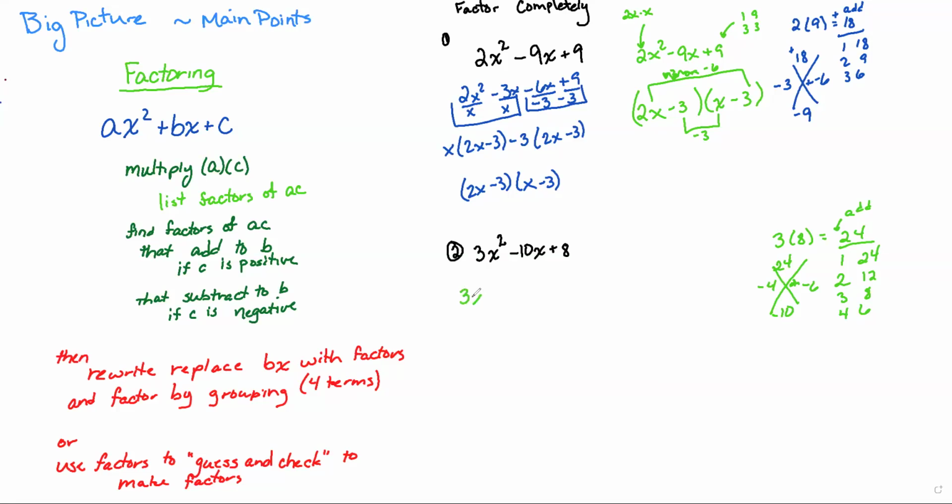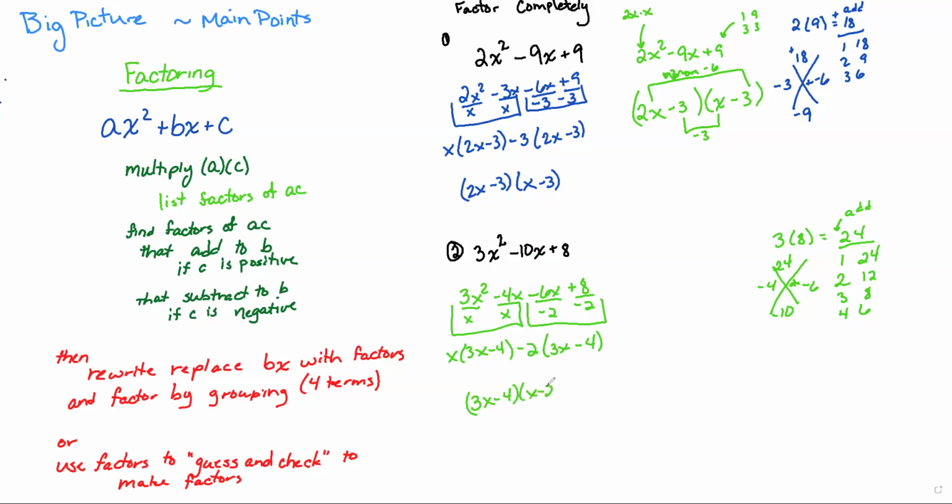Factoring by grouping, so 3x squared minus 4x minus 6x, because that replaces that 10x, and then plus 8. Factor from those two, factor from those two. Can only pull out an x out of the first two, so then I have an x and a 3x minus 4. I'm going to pull out a -2 because they're both even. It's starting with a negative, so -2. -6x divided by -2 is 3x. 8 divided by -2 is -4. Parentheses do match, so my factors are 3x minus 4